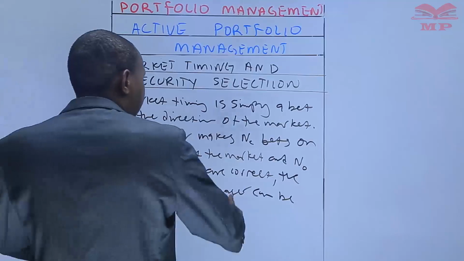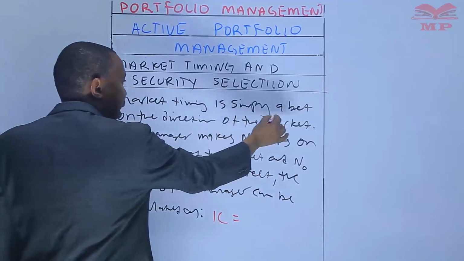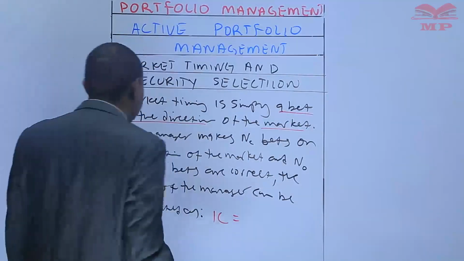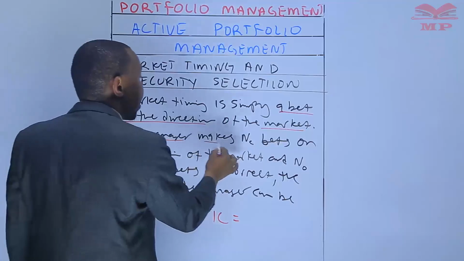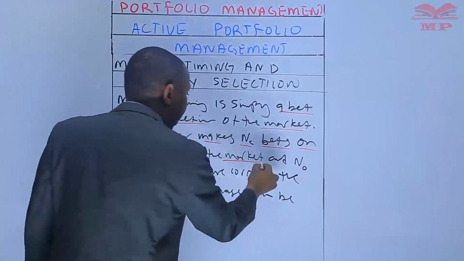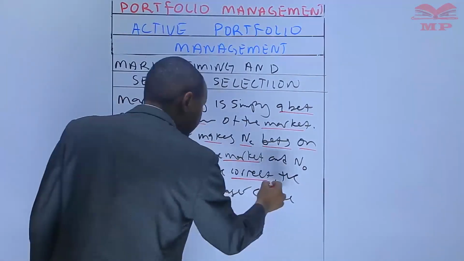But before we write that, market timing is simply a bet on the direction of the market. If a manager makes NC bets on the direction of the market and N not of these bets are correct,